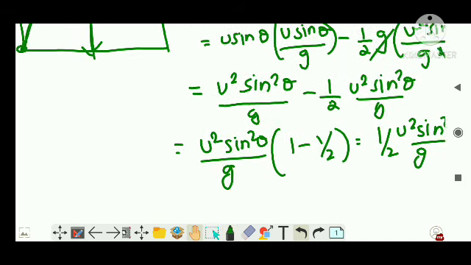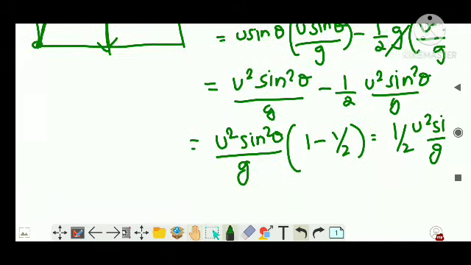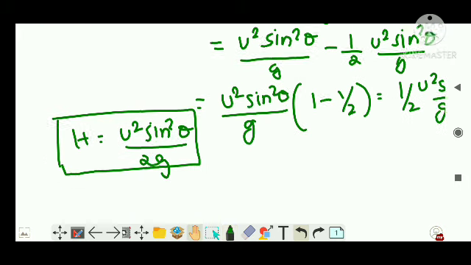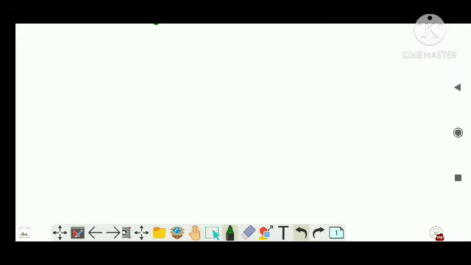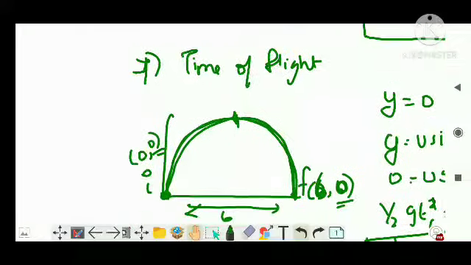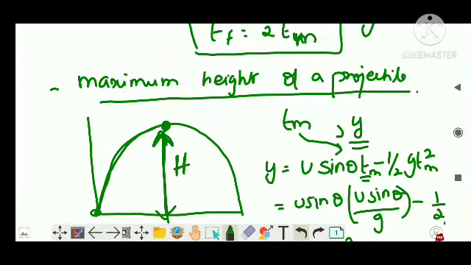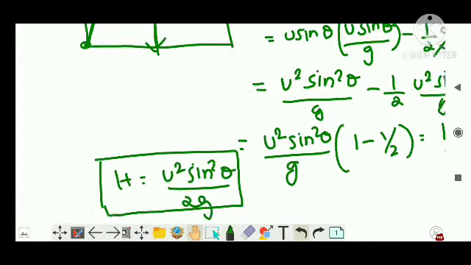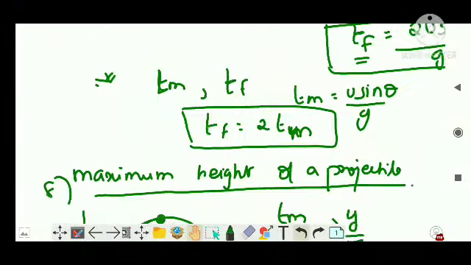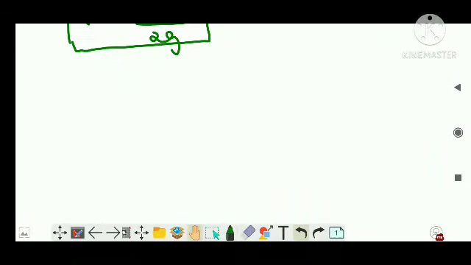So this y is actually h, right? Maximum height. So h is equal to u squared sin squared theta, the 2 I'm taking inside, it becomes 2g. That is the maximum height achieved by a projectile. Clear? Now, what was the number? Again, I forgot, I didn't write the number. 7, 8. Sorry. 8. So, next number